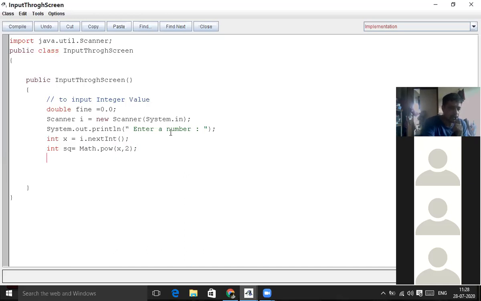So you can just display the value like this: System.out.println, and over here I'm going to display the result equal to plus SQ. So I have given here the square, you can see.